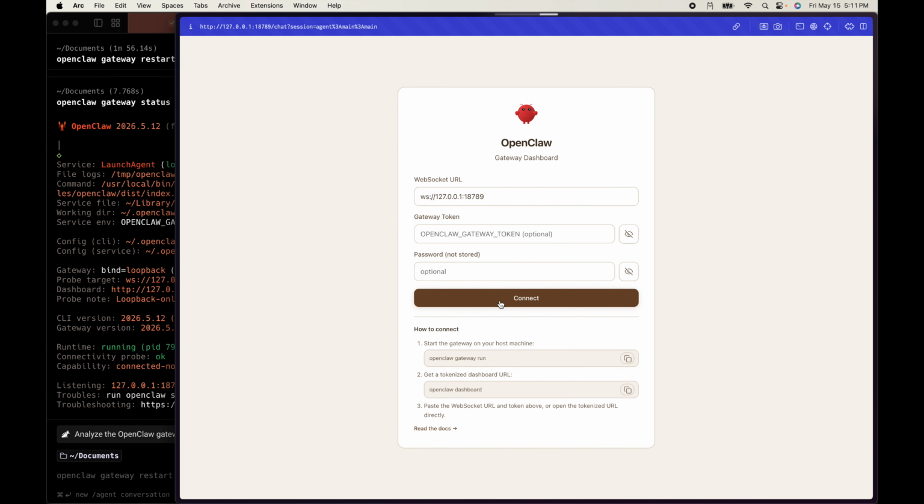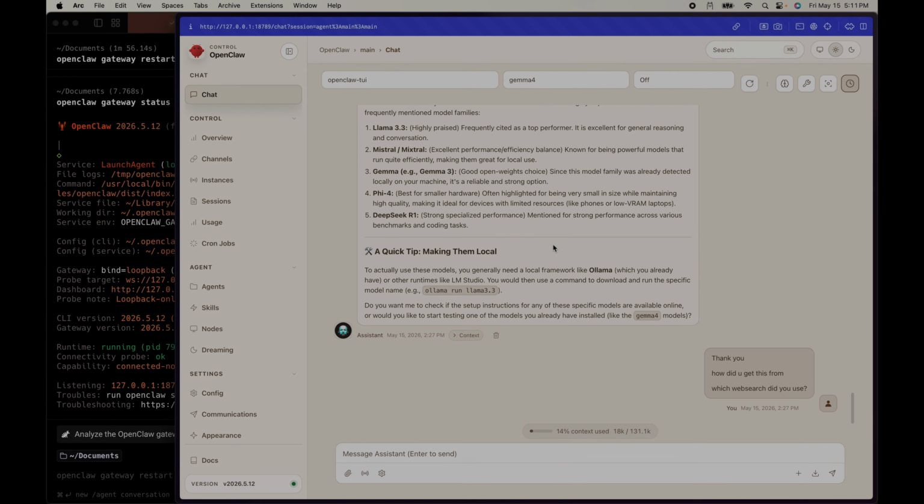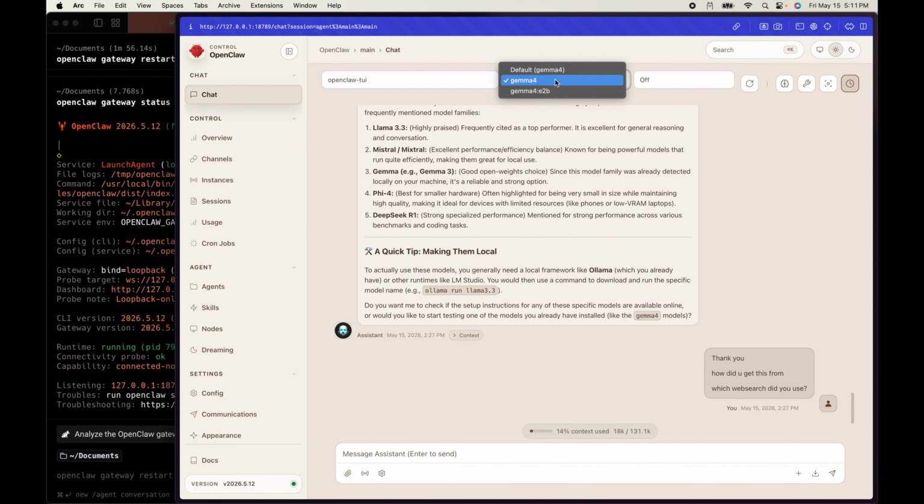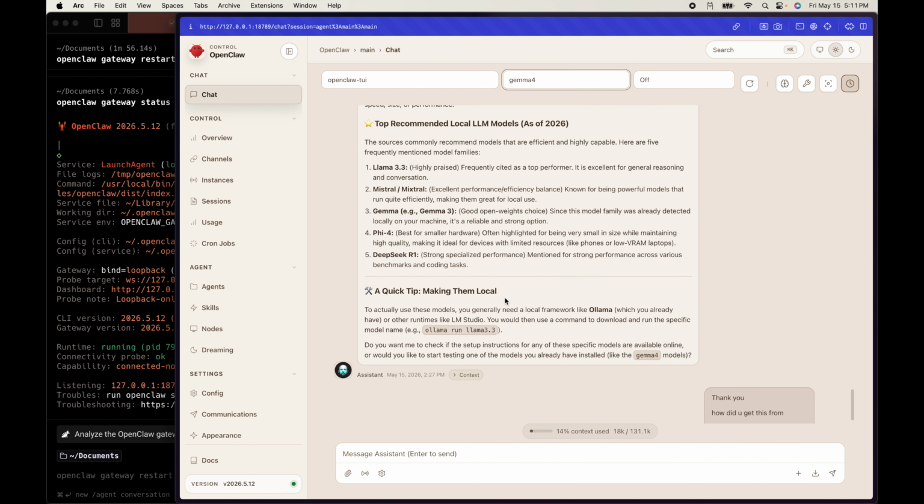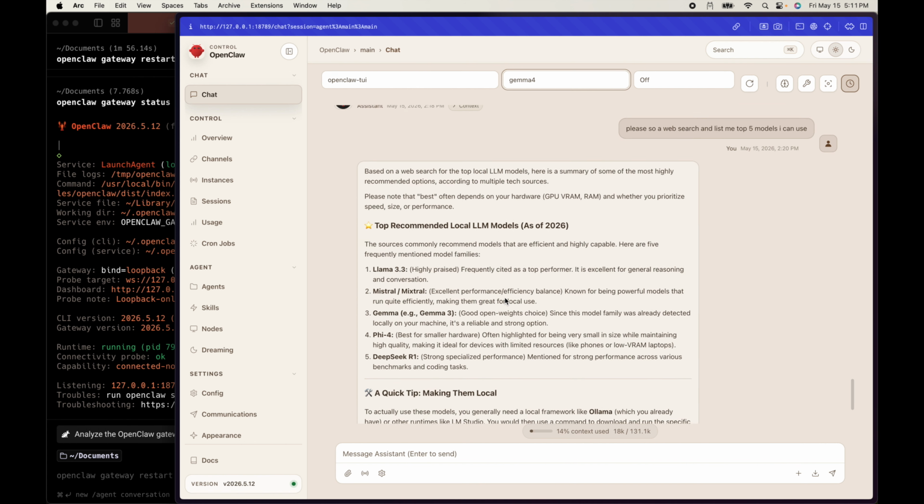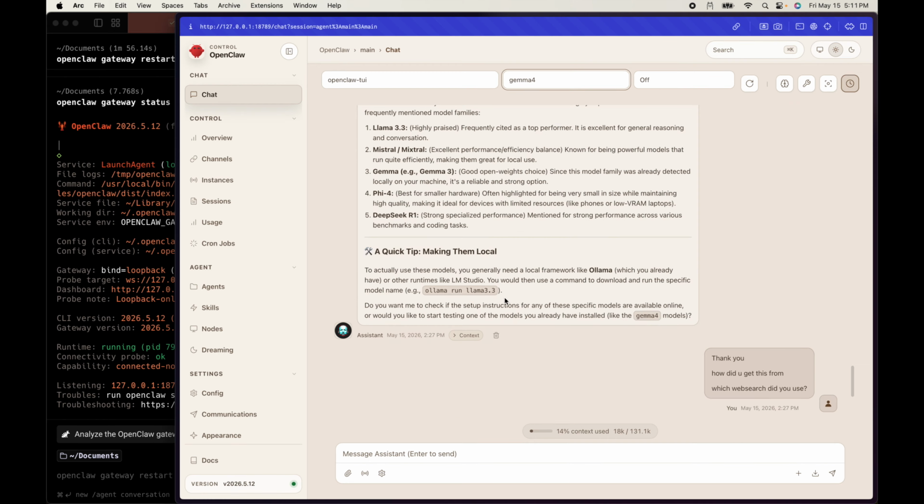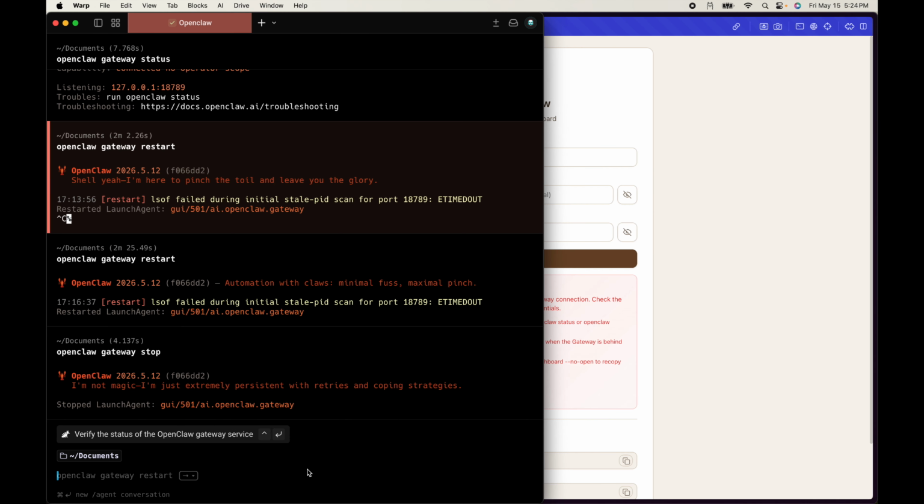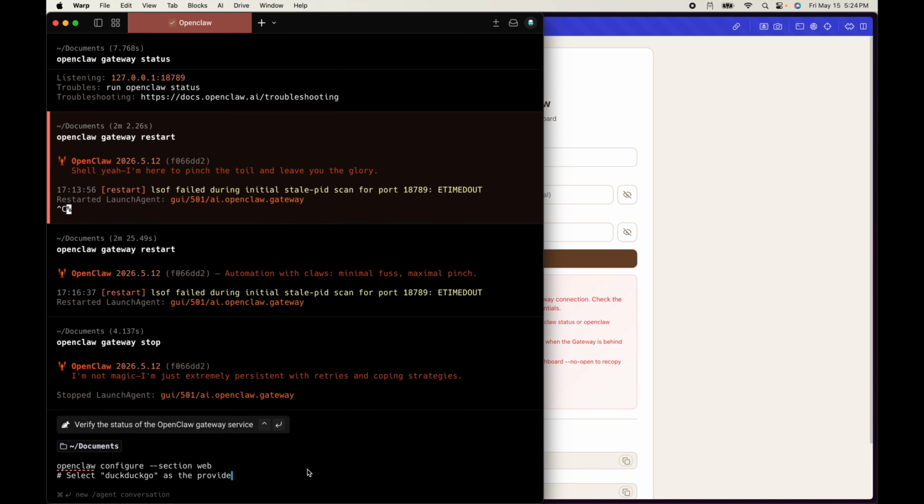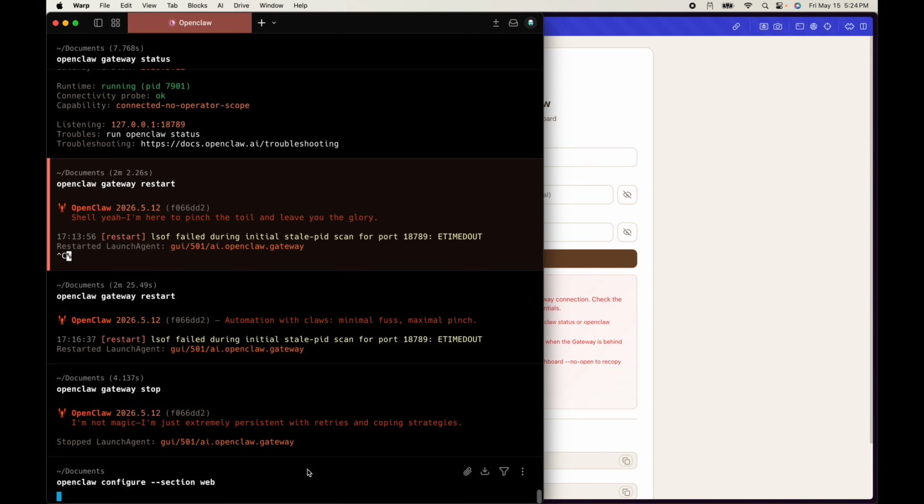Okay, let's go ahead and hit connect. It looks like it's loaded. We have Gemma 4 and Gemma 4 E2B as the models that are available, and all of our history is being loaded. So in order to configure a web search, we can hit this particular command, which is openclaw configure --section web. After hitting this command, we will be able to figure out which particular web APIs or